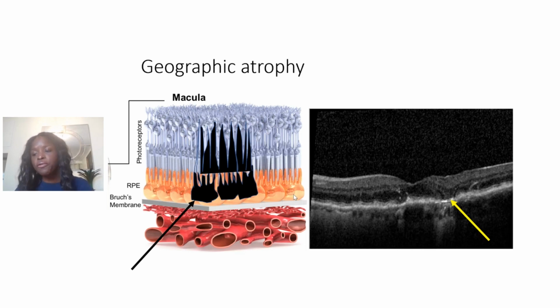Geographic atrophy is an advanced form of age-related macular degeneration. In GA, which is how we refer to geographic atrophy, the RPE and photoreceptor layers get so thin that the cells shrink, and you start to have a complete missing piece of the photoreceptor and the RPE layer in that particular area. There's a yellow arrow on your right pointing to an area where this has happened, and it's a small area, a bit away from the pit of the fovea,